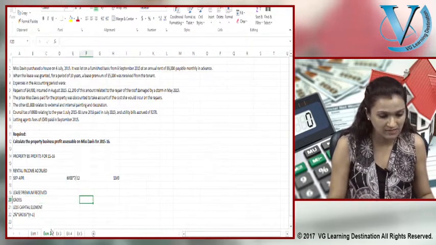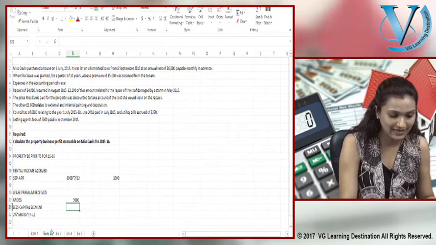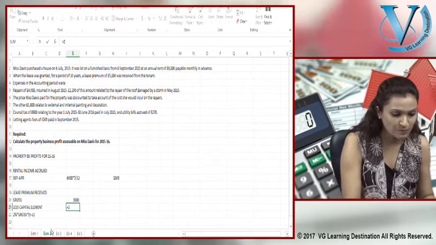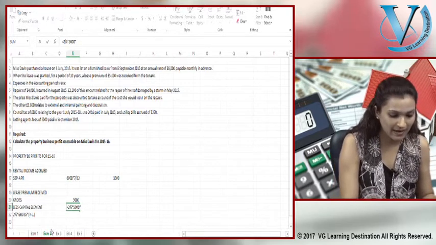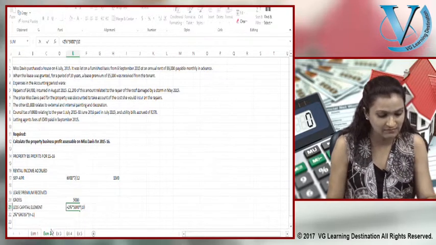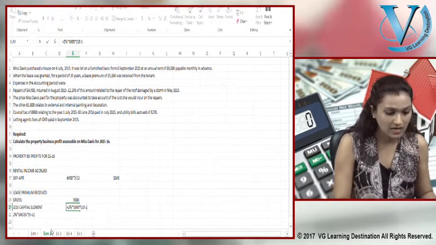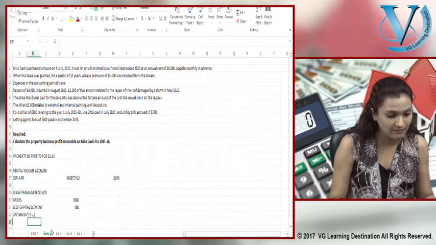Gross premium was, say, £5,000. You reduce your capital element, which is equal to 2% of gross lease premium, which is 5,000, multiply by n. How many number of years it is for? 10 years. 10 is n minus 1. Comes out to be £900, resulting into an income element